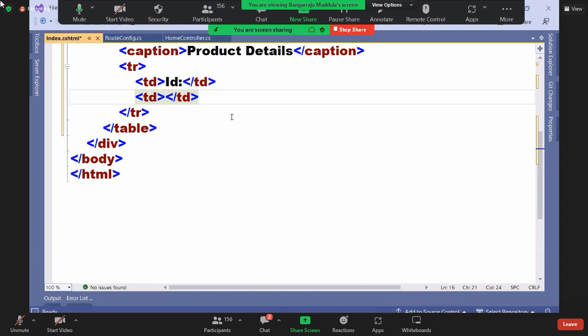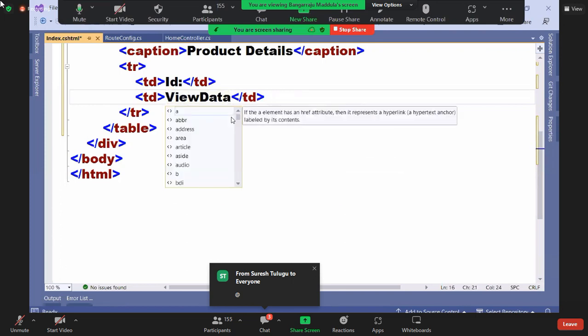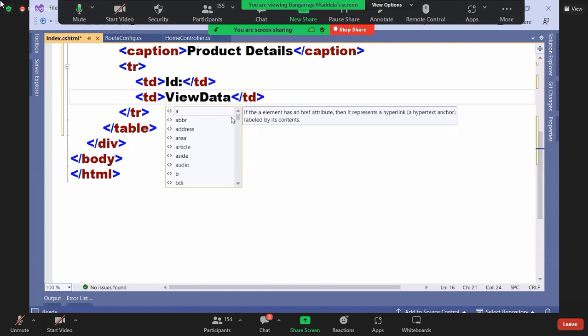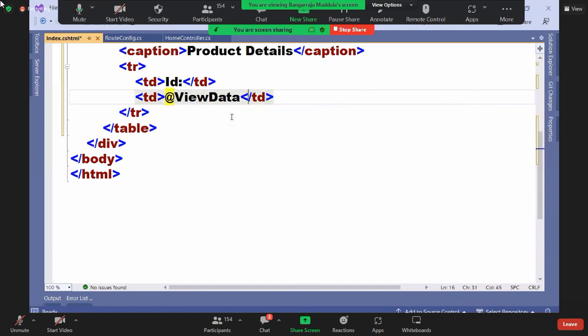What is the value? The value is present in the view data. So to write view data, I can't write it like this. If I write like this, it is considered a static string. How should I write? Do you want to write a static string, or do you want to refer to a C# object? C# code means @ViewData of